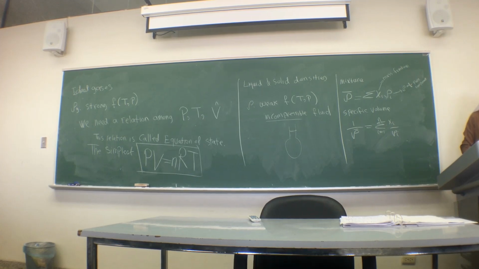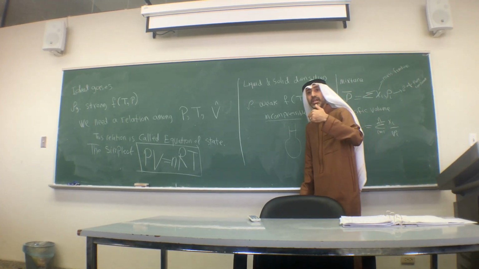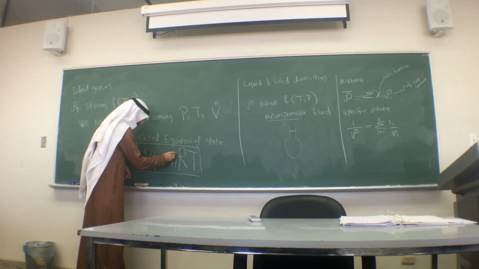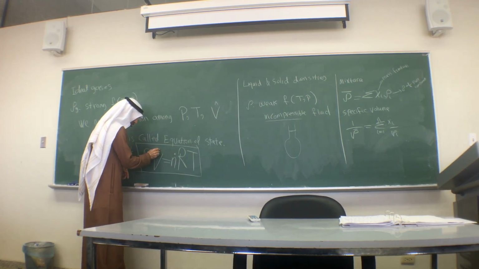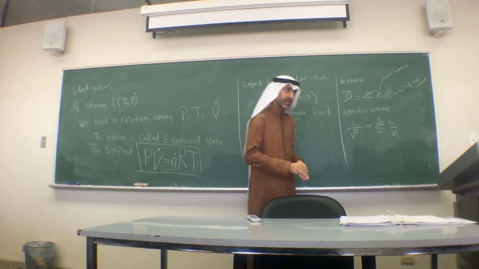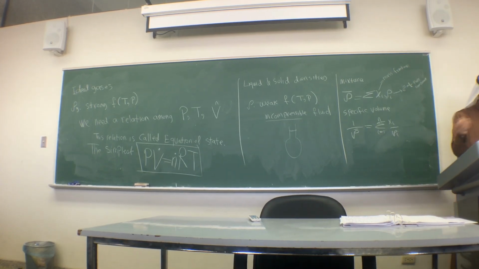Okay? Of course we can also use it when I have a flow: molar flow rate or volumetric flow rate. It will be applicable. So PV equals nRT either for total amount or for flow rate. Okay? Now,